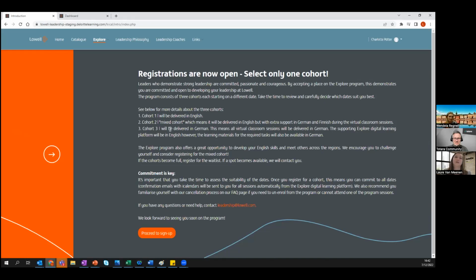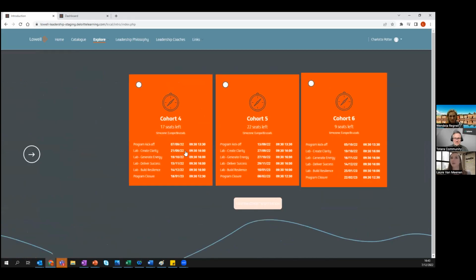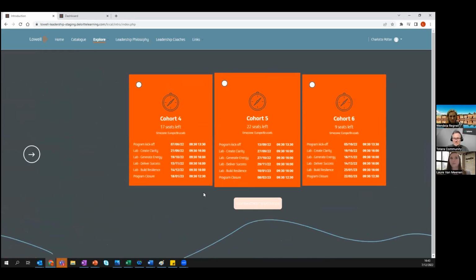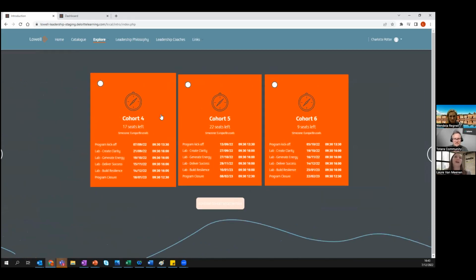Because we are in different languages and different countries, Lowell also wanted to support that in the cohorts. So there's some information about English and German cohorts. And then here you can see the way to sign up for the different cohorts. Now, I'm not going to do that for real because I'm also subscribed, but imagine that